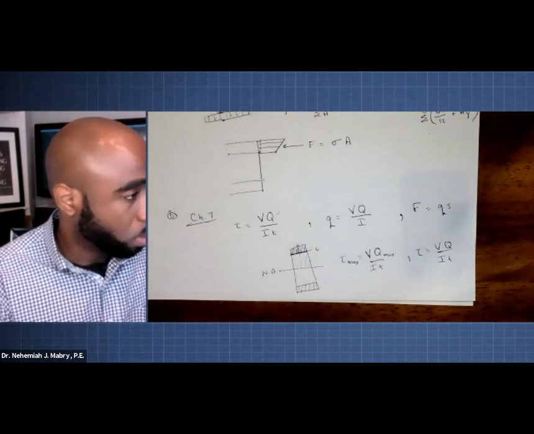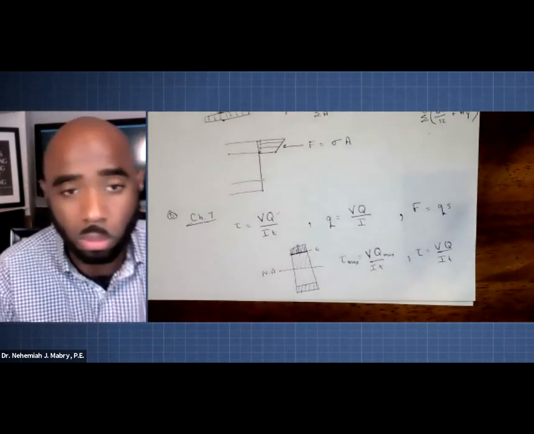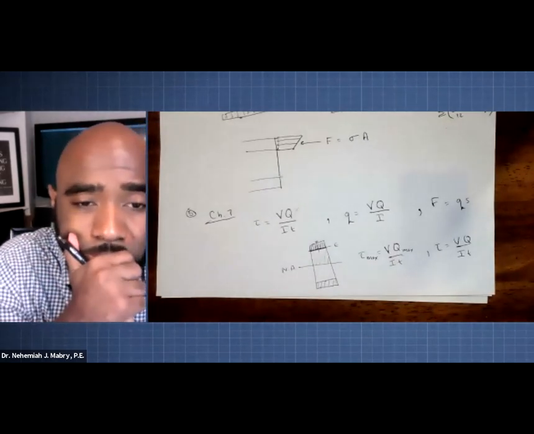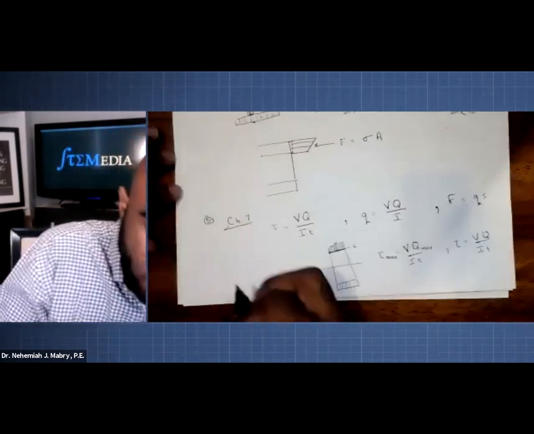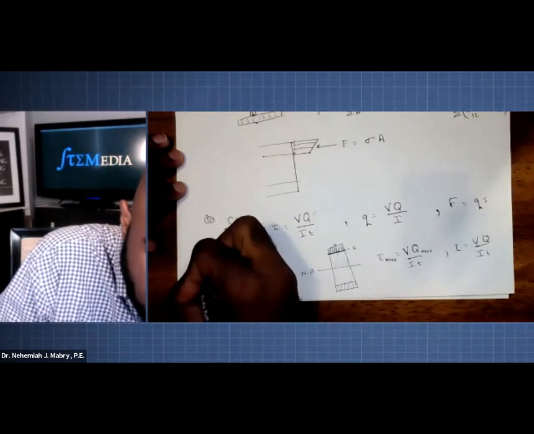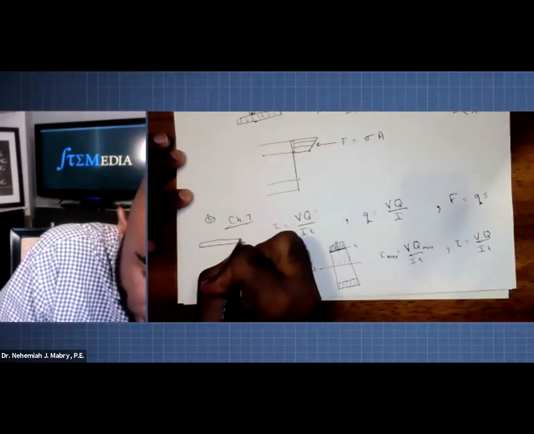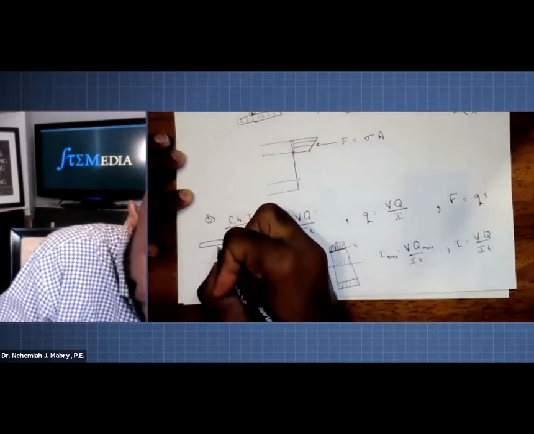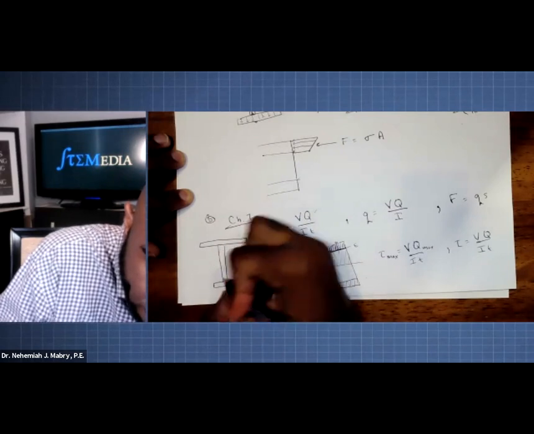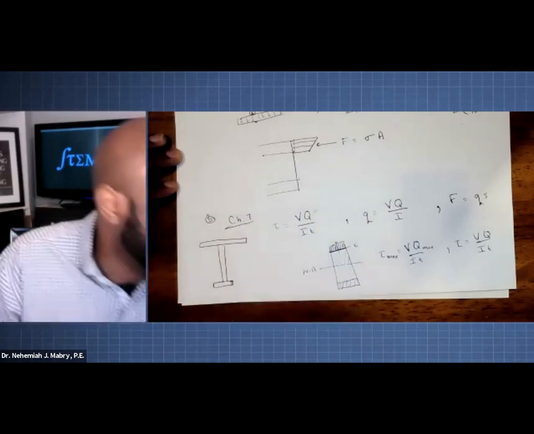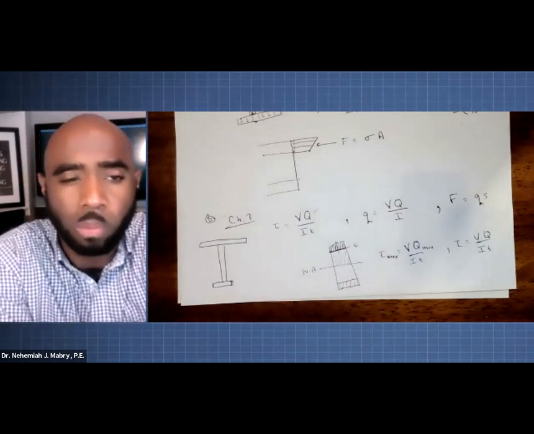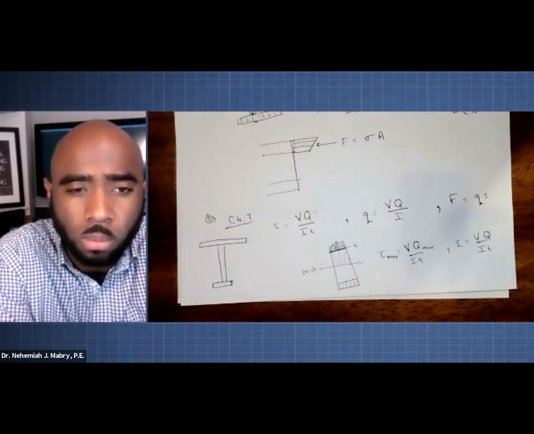shape, would it be asymmetrical on one axis but not the other, like a T-shaped area? So asymmetrical meaning like the top flange is wider than the bottom flange. Yeah. How would we go about finding Q for finding Tmax? Is it going to be on the shorter side, or does it matter? I imagine it matters.